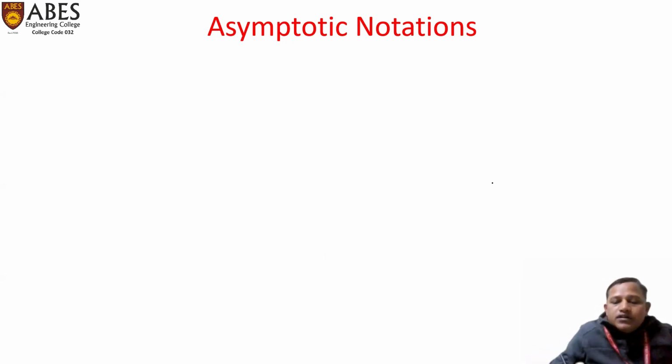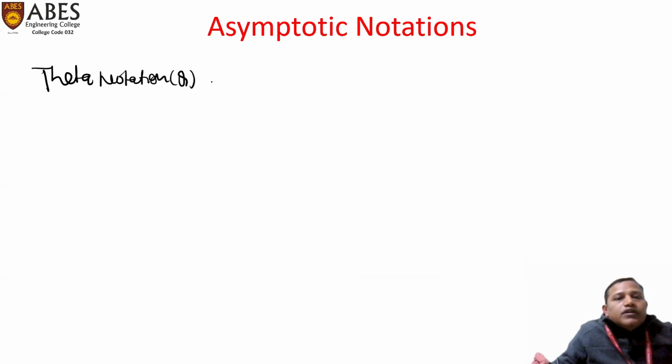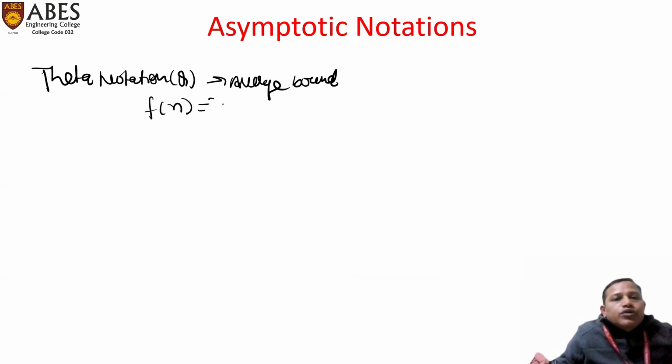Next one is theta notation. Theta notation is called average bound. What does average bound mean? If there is a function f(n) is equal to big theta of g(n), if and only if